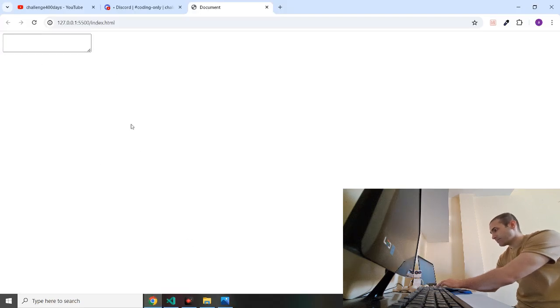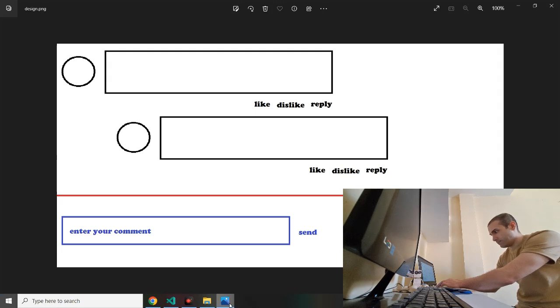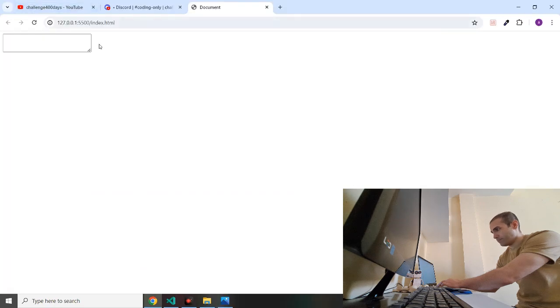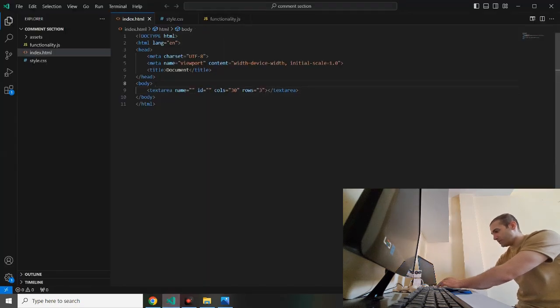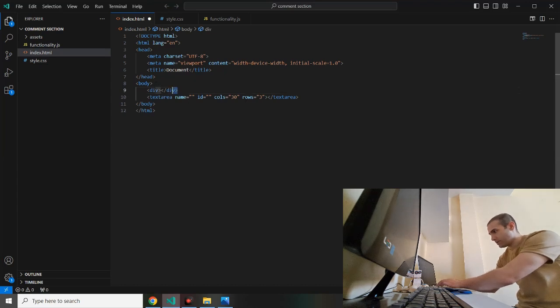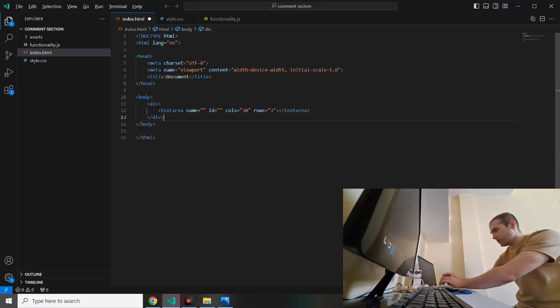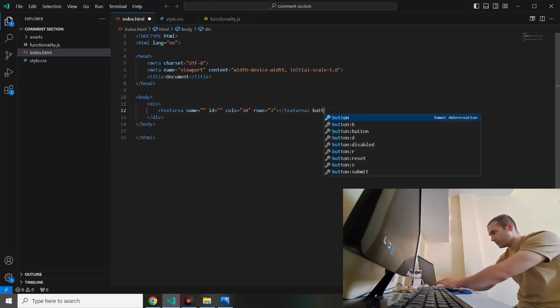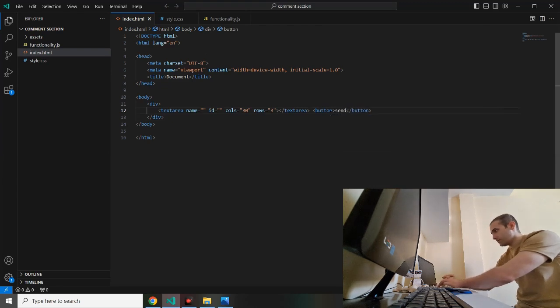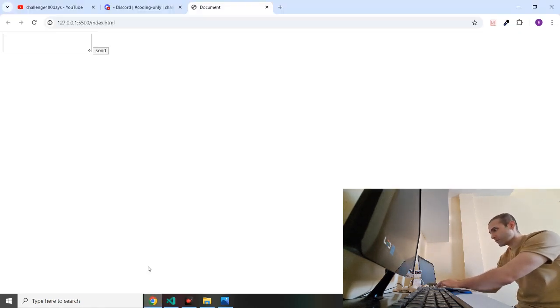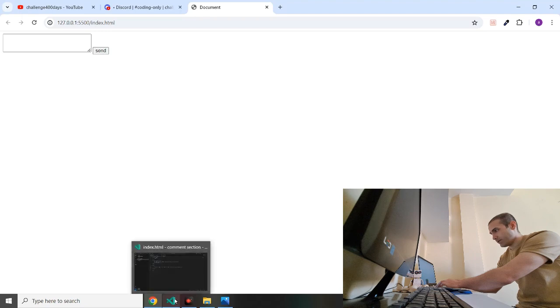Now we have this, but let's give it a send button, and let's put all of this in a div tag so we can move it easily later. And the send button should be here, like button send. It's down. Maybe we have to give it a